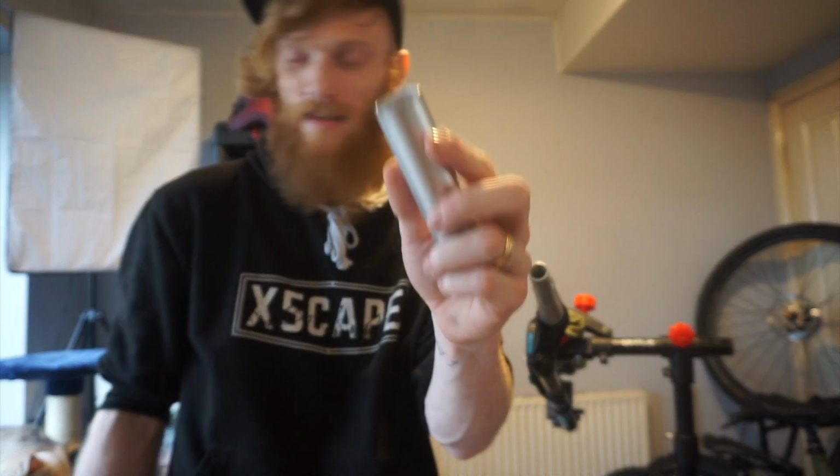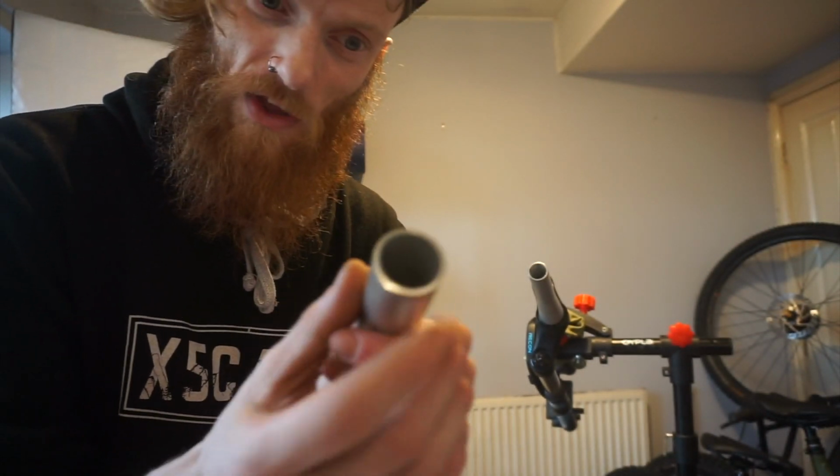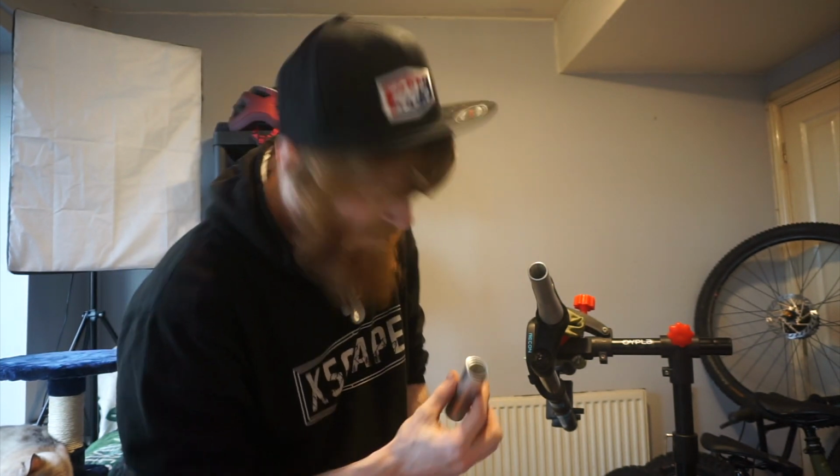Quite literally took 5 minutes, if that. 5 minutes to go and take this off the end, and look how smooth that has done that. I'm not going to run my fingers around it because there are a couple of shards of metal, but it's done it pretty damn smooth. So I'm just going to give this a little sand off around the edges. It's not going to need much, and then we should be pretty good to install our brand new star nut,